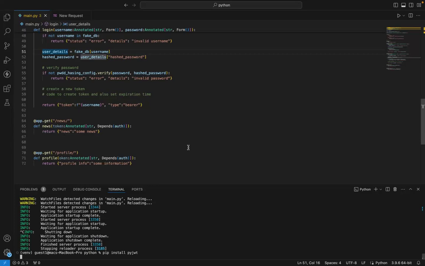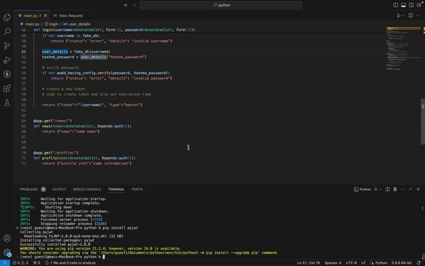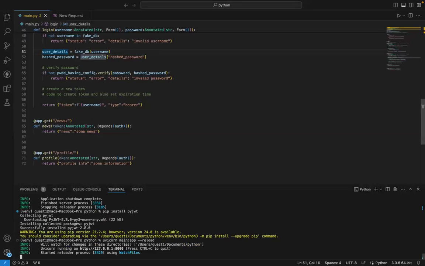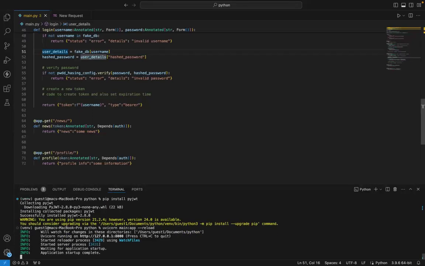So now the thing here is this. The way JWT works is that it takes two required parameters. The required parameters are basically your payload and your encryption key, your encryption signature. That's what it takes as the required parameters. The rest are optional. So we can add other parameters like the algorithm and probably the expiration date,